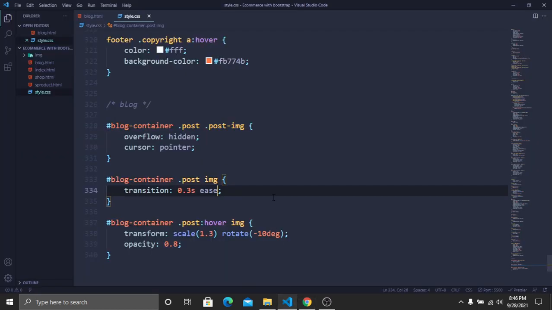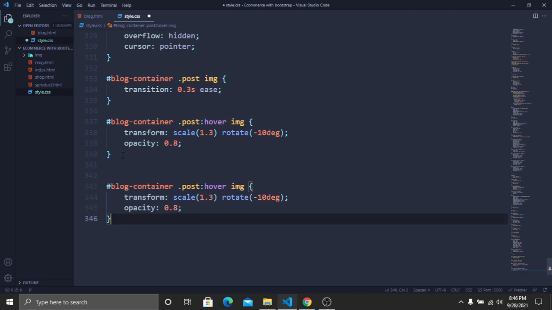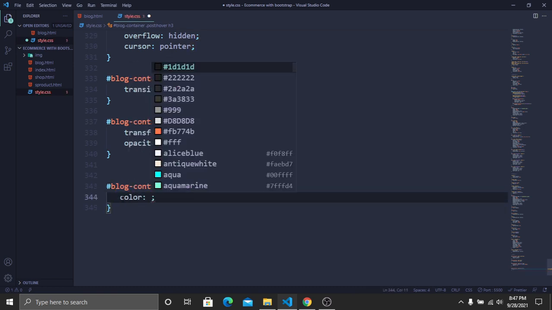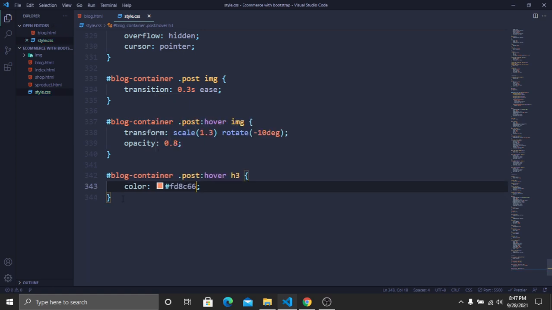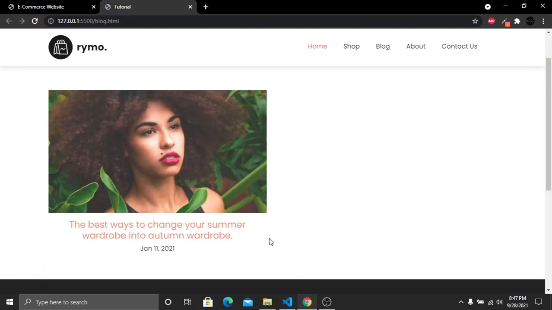So if I hover on our post, I want to change the text color also. So for doing this, let's go to our code and copy this one, then paste it here, and here instead of image it will be h3, and I want to change the color, so that's why let's add a color, and the color will be this one. Now save and go to our website, and if I now hover on our post,